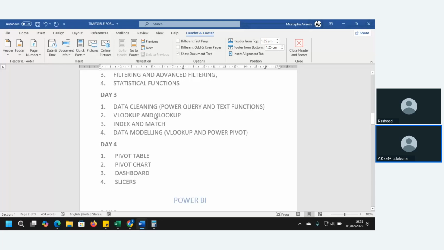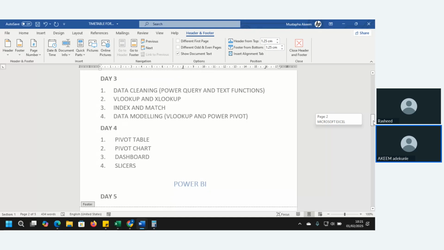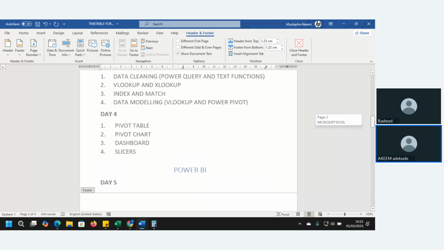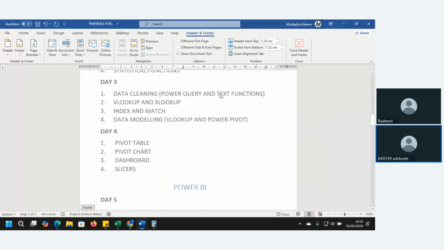As day 3, okay, we'll find a way around it. This day 3 will be somehow okay, but we will spend more time on Power Query and Power Pivot. We're going to use less time on the text function, since most of the data we are cleaning now is for data analysts, you work more with the table, not just the individual text function. Nonetheless, we are going to learn some text functions for data cleaning too. Then we move to pivot table, pivot chart, dashboard, and slider.